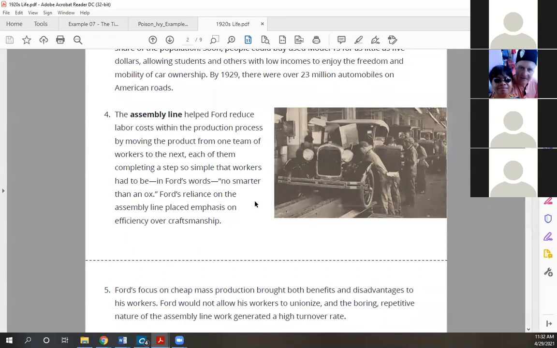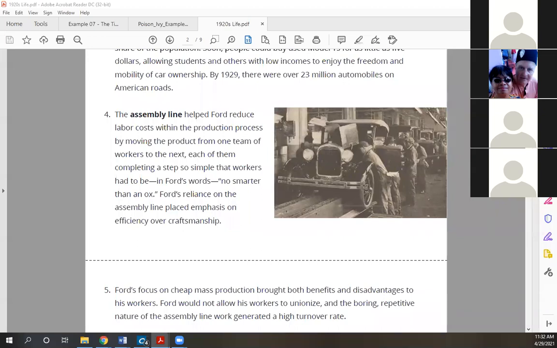It's a different way of working, right? Instead of making something start to finish, now I'm standing. If I'm working in a Ford auto manufacturing plant, a car comes down the assembly line. I do one thing, and then it goes on. And then the next car comes. I do that same thing to that second car, and then it goes. And so